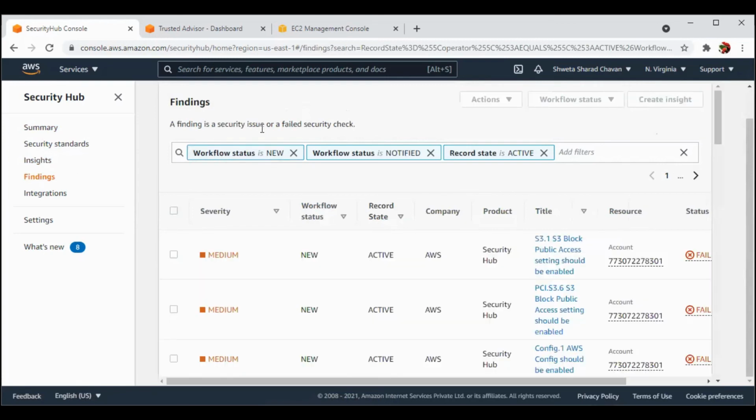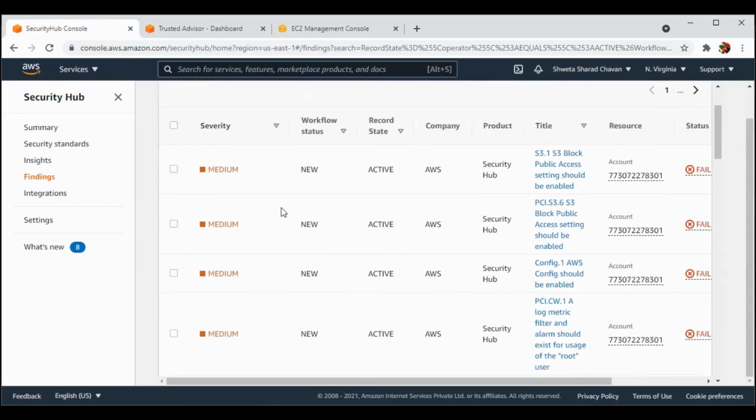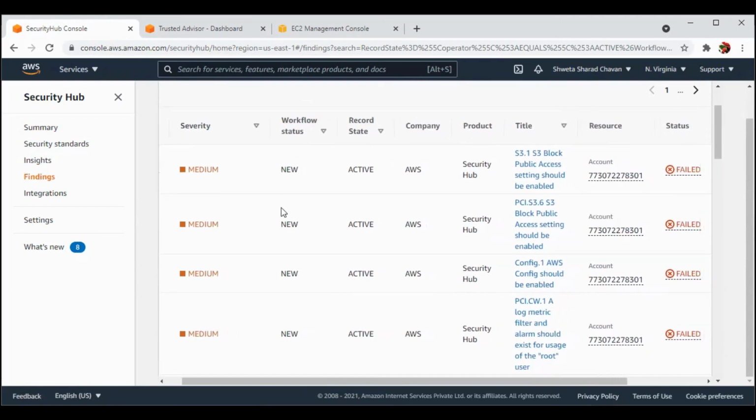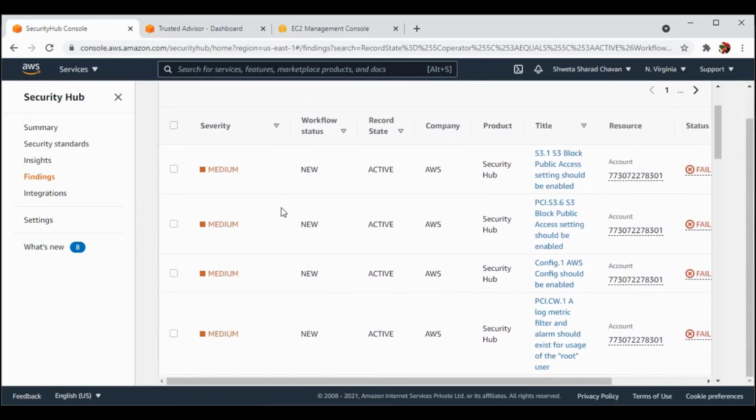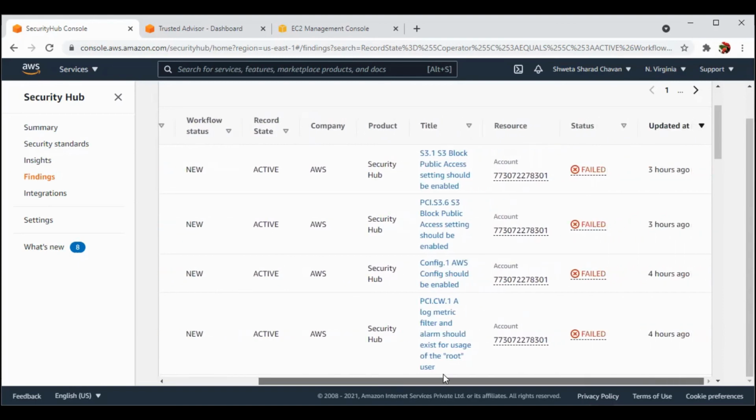A finding is a security issue or a failed security check. The severity is considered here, like if it is medium or high, then we can go for that. Then the workflow status, if it is new, and the record state, whether it is active or not. For the company, AWS is going to manage it, and the product is Security Hub.